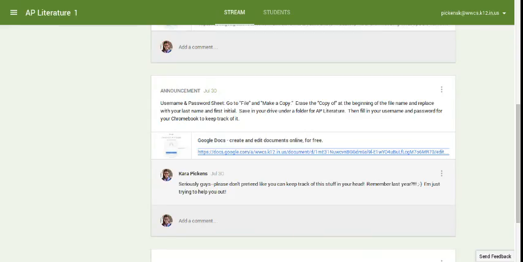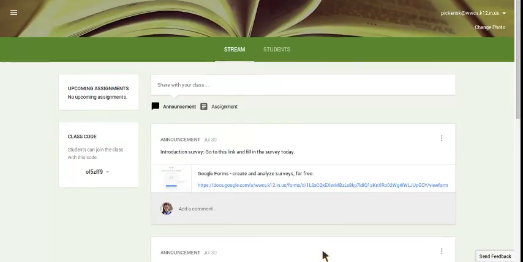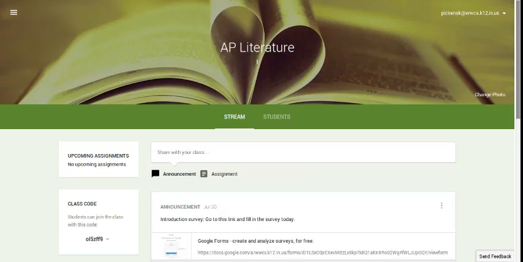Okay, and you can scroll up here. Basically this is all of the Google Classroom, and anytime you need it, you're going to use this. I'm really excited to be able to use Google Classroom. It's going to work out. So anyways, guys, I hope this makes sense. You're going to spend the rest of the day doing what I just went over, and I hope